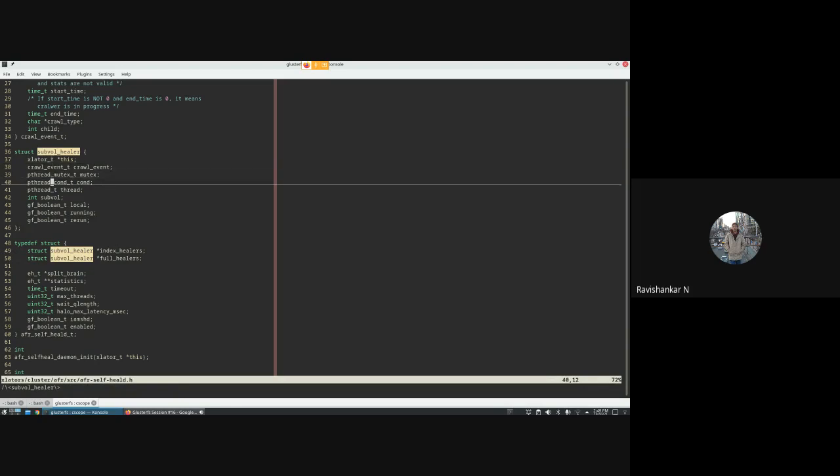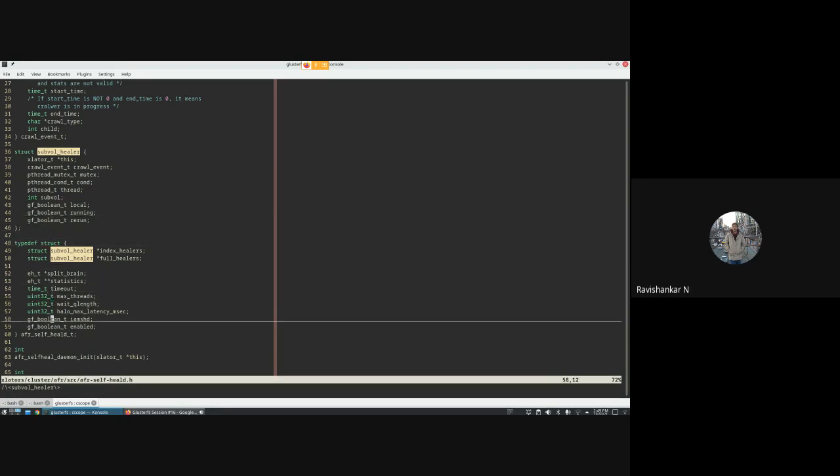The mutex and conditional variables are used for signaling. Remember, once every 600 seconds you need to trigger the healer threads. Then you have subvol, which is basically which brick it is, like brick 0, brick 1, brick 2, which child of AFR it is. And running and rerun are used to identify whether to trigger it or have the thread sleeping.